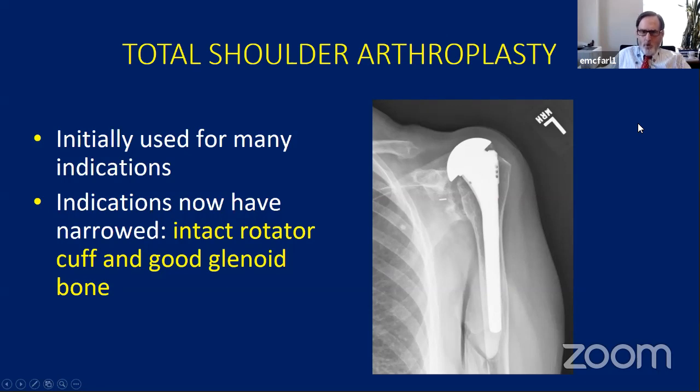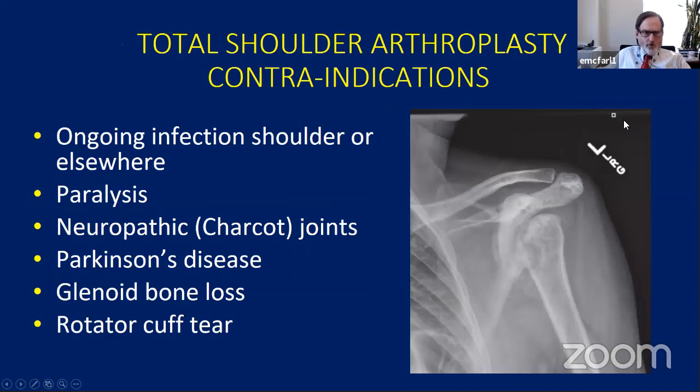And so this is what happens when the rotator cuff fails in somebody with a total shoulder. They again get this superior escape like this. The humeral head doesn't articulate with the glenoid anymore, and they sort of have the same kind of issues as a cuff tear arthropathy patient. So patients who don't have intact rotator cuffs should probably not get a total shoulder arthroplasty, and probably should go on to a reverse.